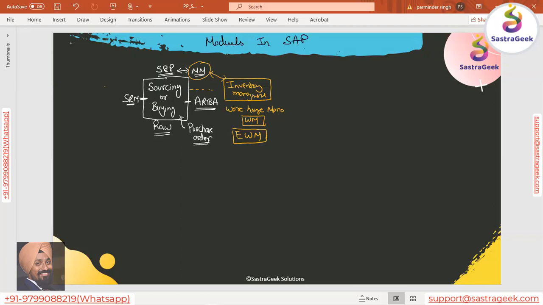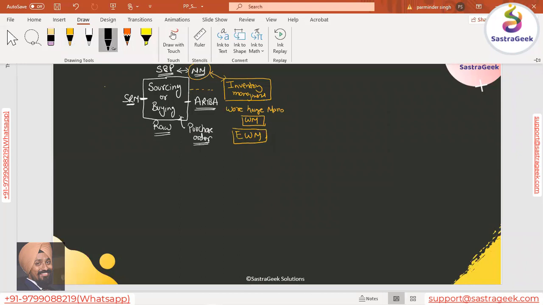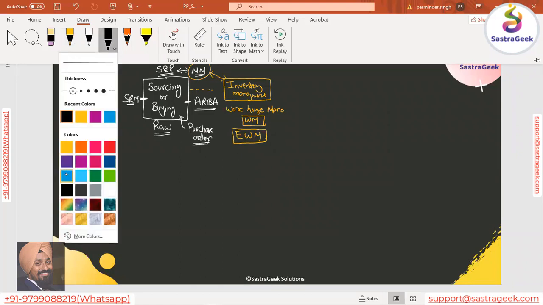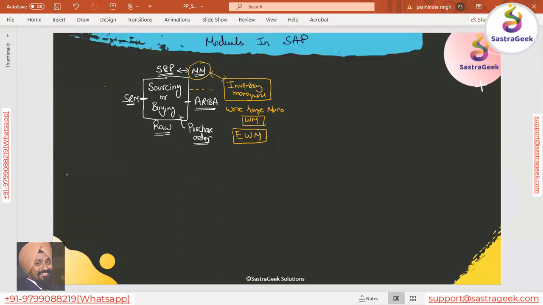So I bought it and I have stored my inventory. Then what would be the next thing? The next thing is I need to also do the planning. I will put both together, our core module, which we are going to have training on, production and planning.